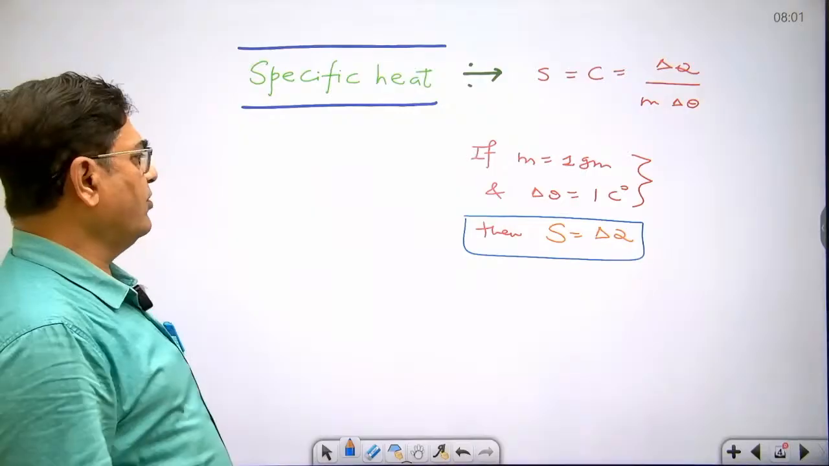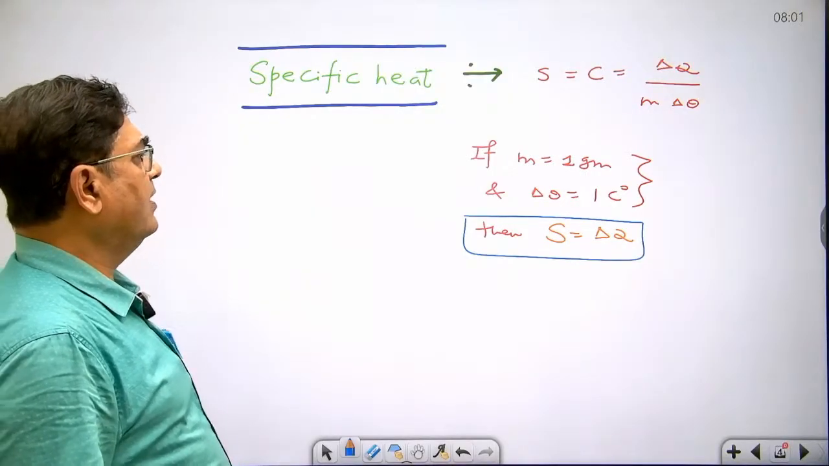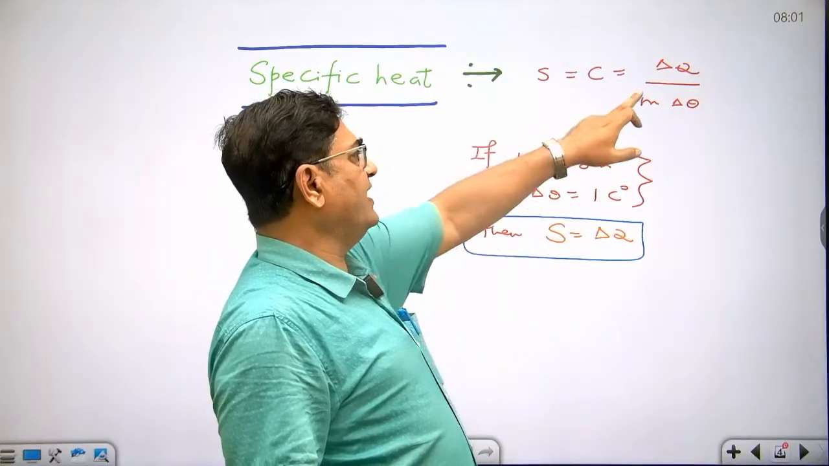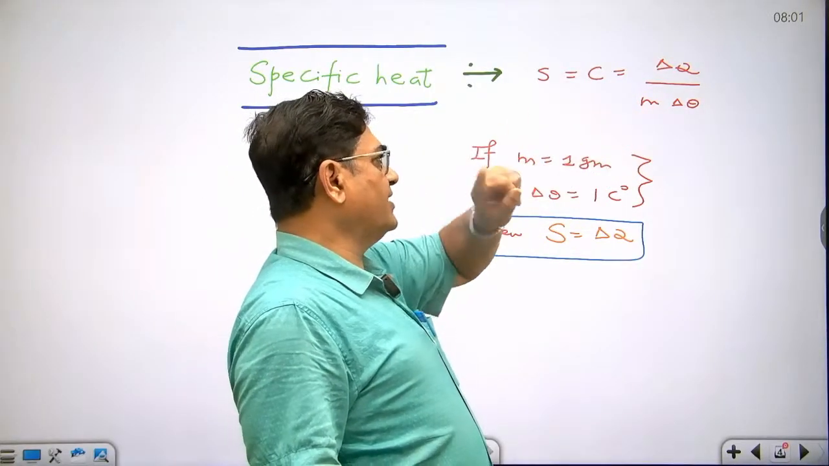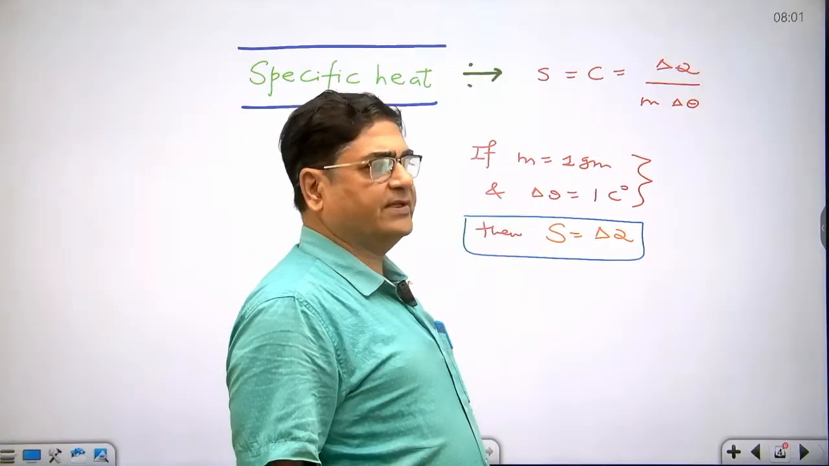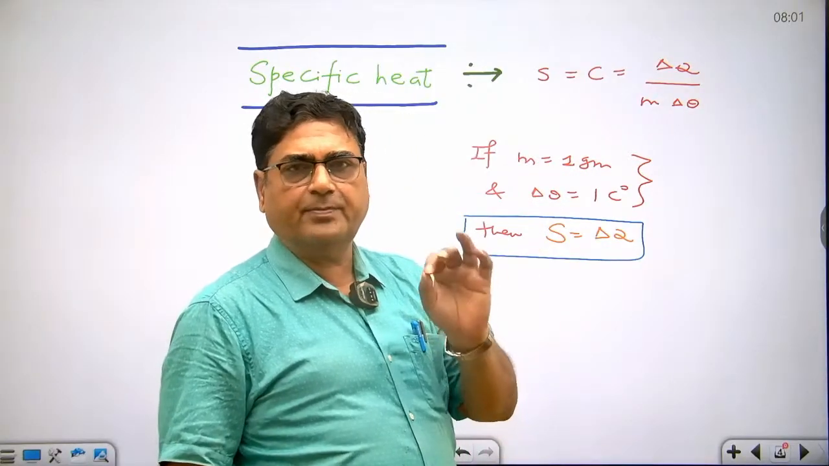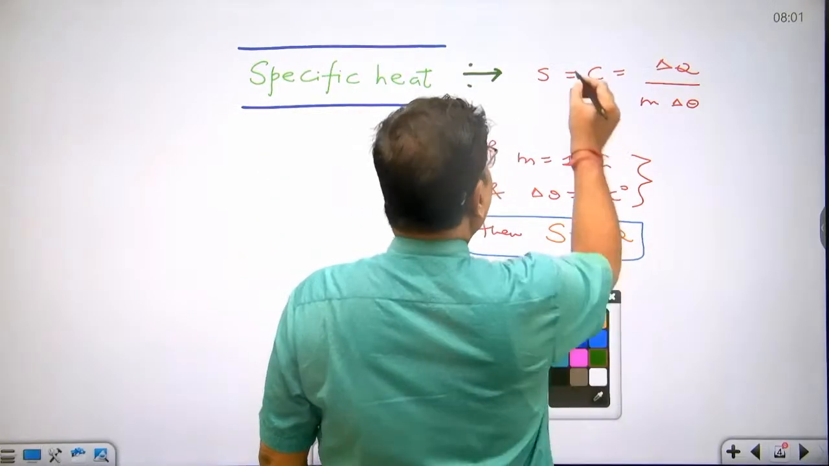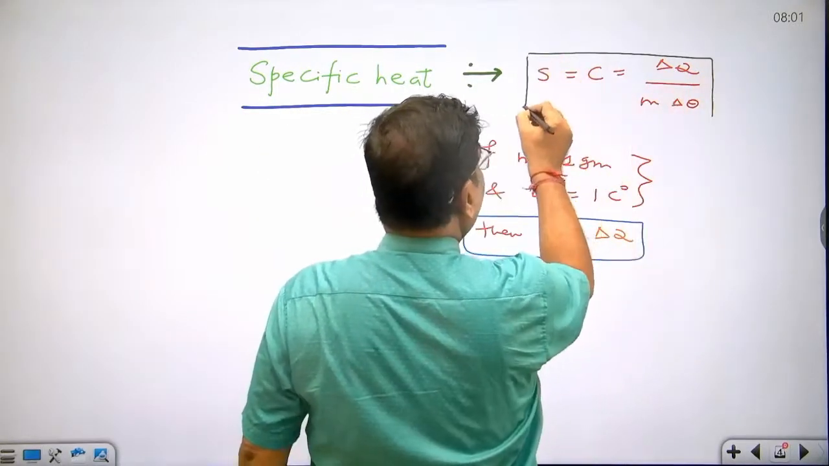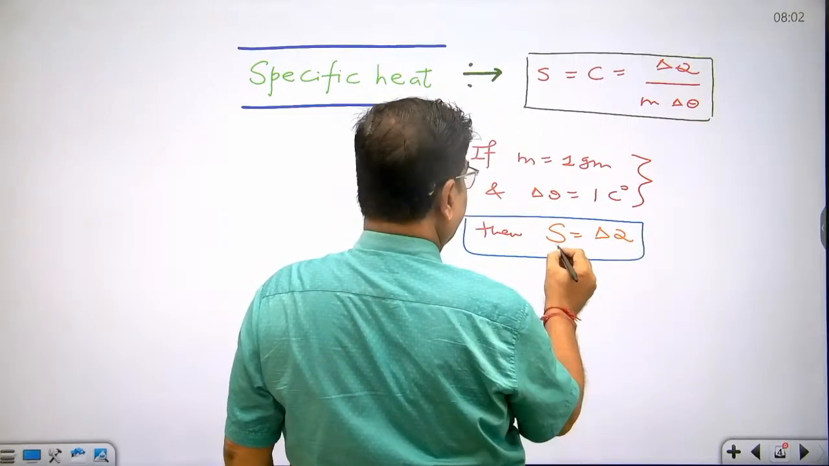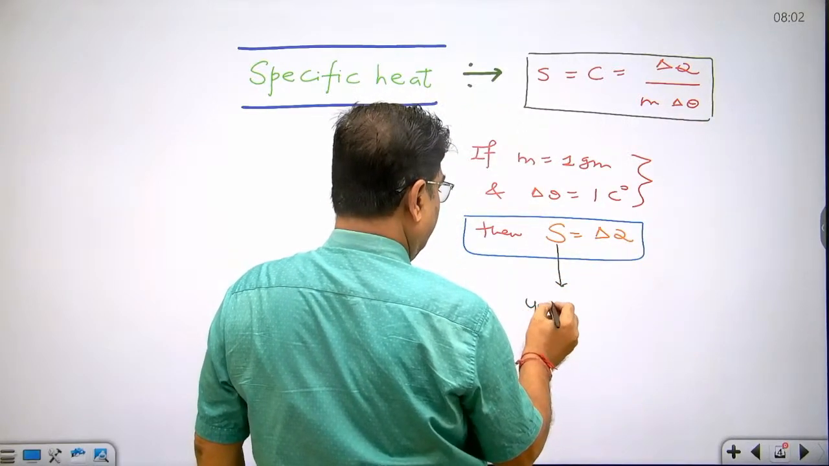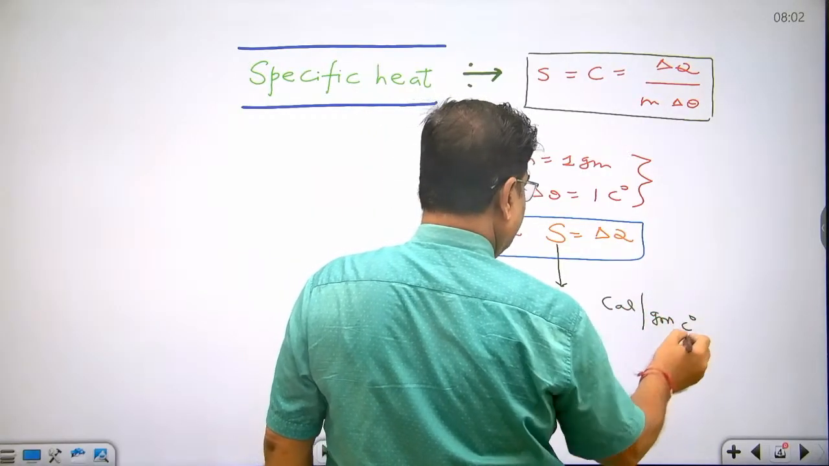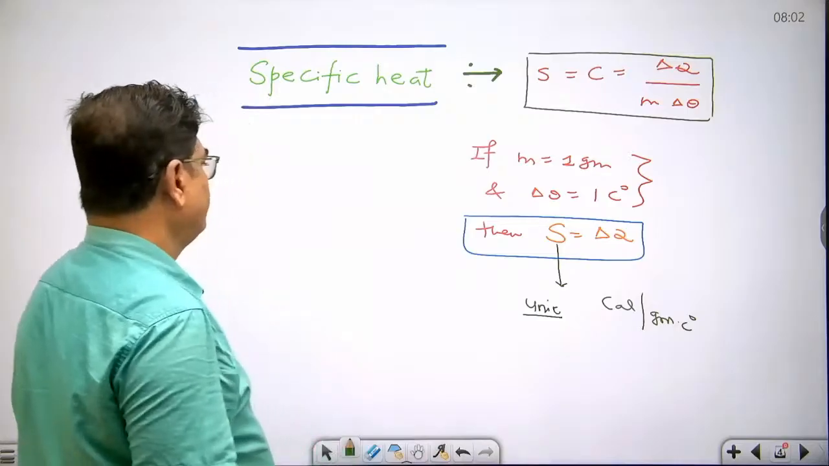So dear student, how do we define the specific heat? The specific heat of a substance is defined as the quantity of heat supplied to change the temperature of 1 gram of substance by 1 degree centigrade. And what is its unit? Unit is calorie upon gram degree centigrade. For water,